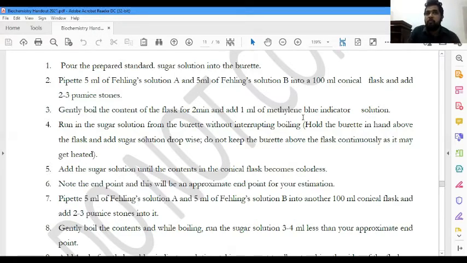Otherwise, the volume we take in the burette will not be accurate, because when we provide heat, these glasswares can be expanded, especially the burette. The volumes of the burette are designed to be correct at a room temperature of about 25 degrees Celsius. So when we titrate in heated conditions, the burette can be expanded, thereby the readings may be incorrect. Therefore, you have to do this within a short period of time, and we can achieve that by first doing